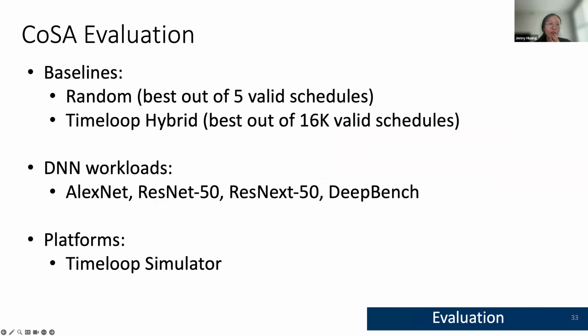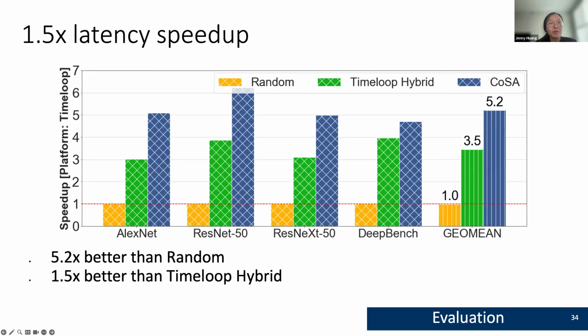And here comes our evaluation. This was done a few years ago, so we're using a very old set of conv network benchmarks. We are using a simulator called Timeloop, also developed at Nvidia, as an analytical model to show the energy and latency performance of an analytically defined hardware accelerator. With this, we can show that when we compare COSA to hybrid search or random search, we can find